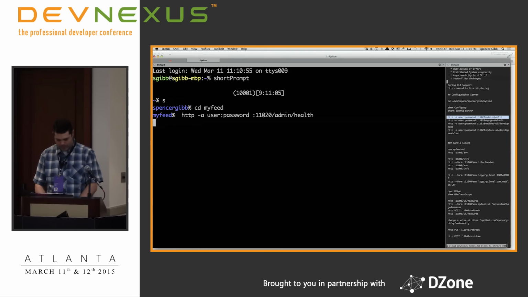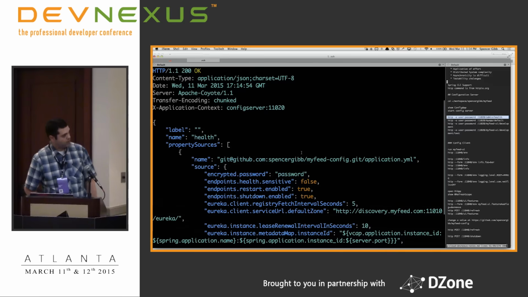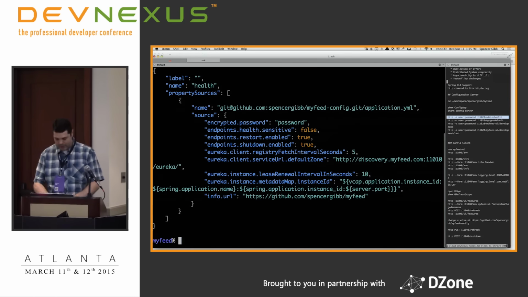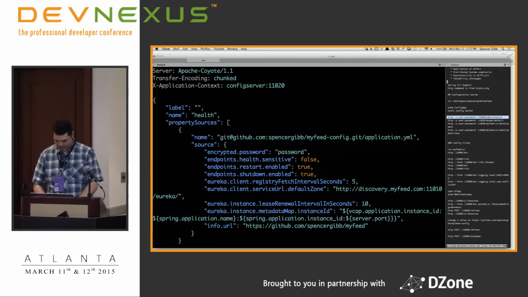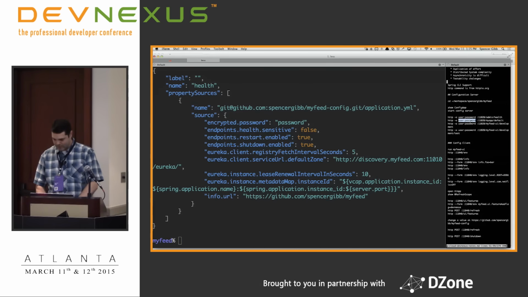It's got some Spring Boot actuator, so you can see the health of this. Anyway, here is a standard call into config server.